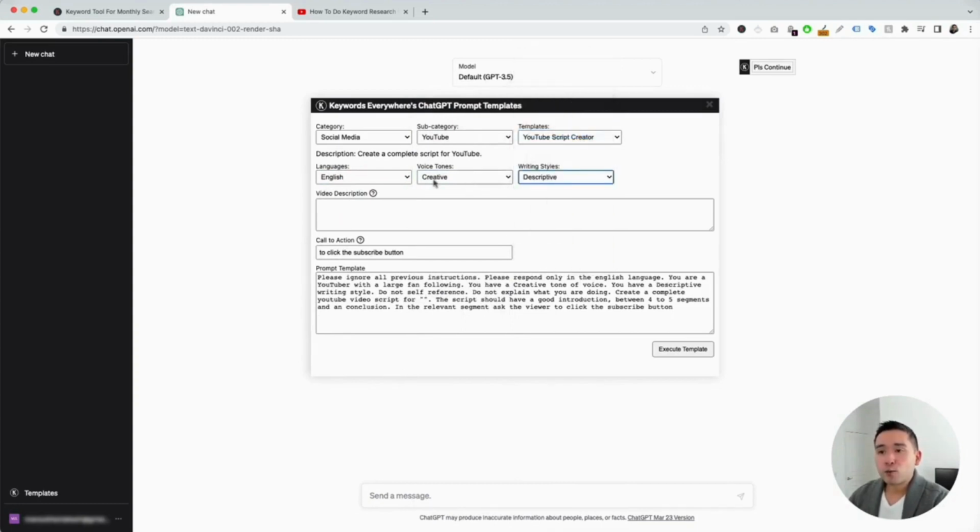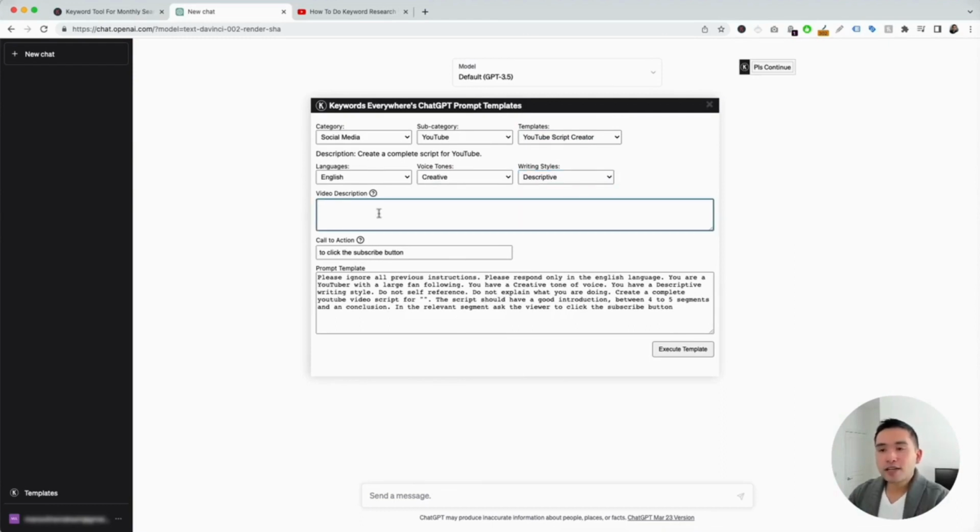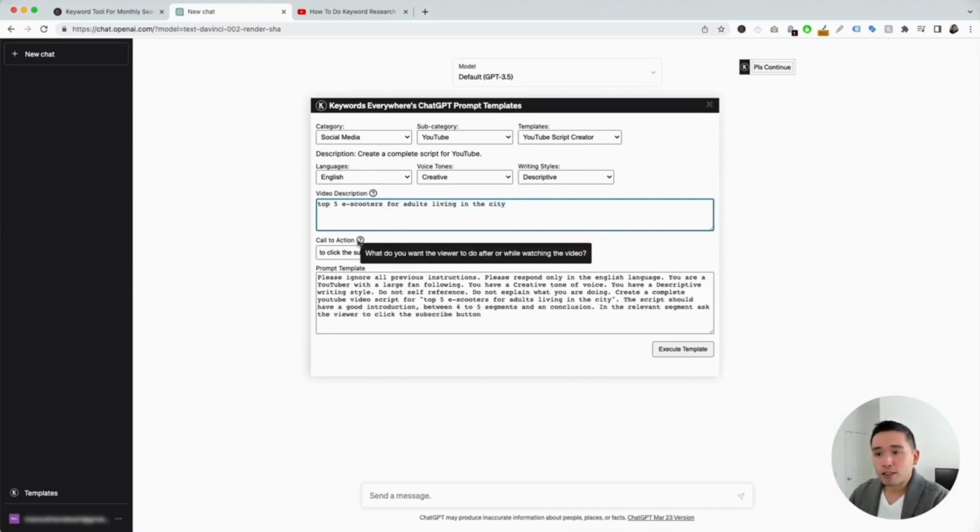And now we need to provide it with our video description. Okay, so this is what our video is all about. And the more information we provide it, the better the script will be generated. So let's just say we want a YouTube script around the top 5 e-scooters for adults living in the city. Okay, so that is our video description, and we can also provide a call to action. Okay, so this is what we want the viewer to do after or while watching the video. And let's just say we want the call to action to be, click the link in the description to buy